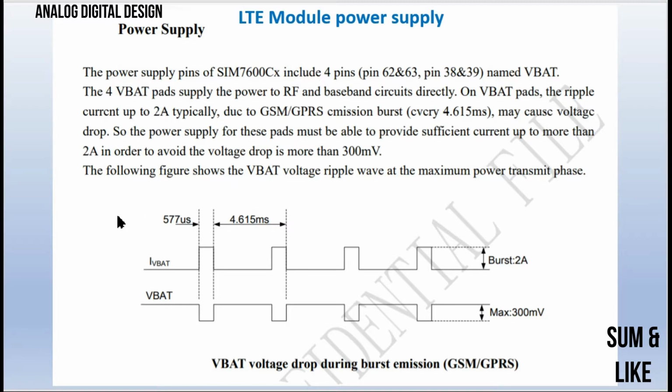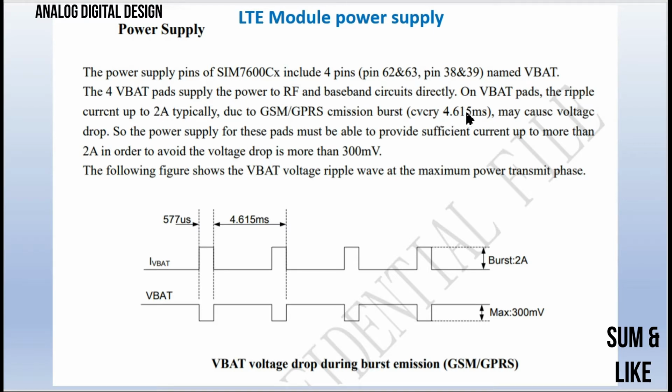So friends, as mentioned here, I read this. The power supply pins of SIM7600CX include 4 pins. Pin numbers 62, 63 and 38, 39 are named VBAT. The 4 VBAT pads supply power to the RF and baseband circuit directly. On VBAT pads, the ripple current is up to 2 ampere typically due to GSM or GPRS or LTE emission burst